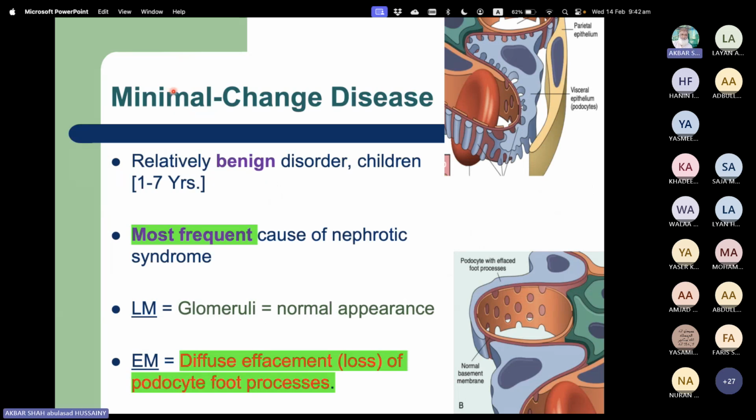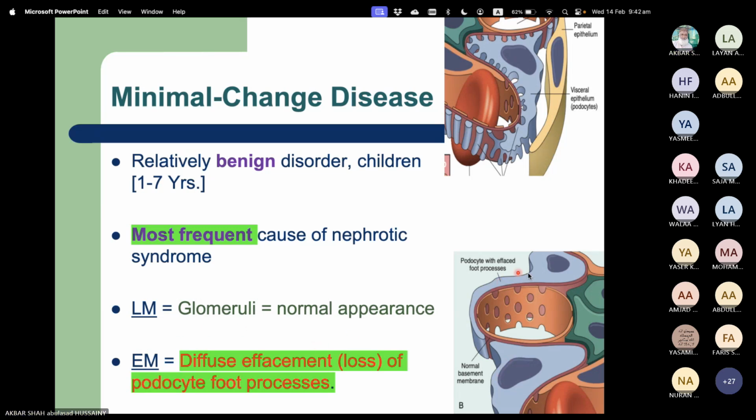Minimal change disease is a relatively benign disorder in children, most commonly in the age of 1 to 7 years. And it's the most frequent cause of nephrotic syndrome. On the light microscopy, the glomeruli are completely normal. That is why it's called minimal change. You don't see anything on the light microscopy or immunofluorescence, but on the electron microscopy, what you find is effacement,